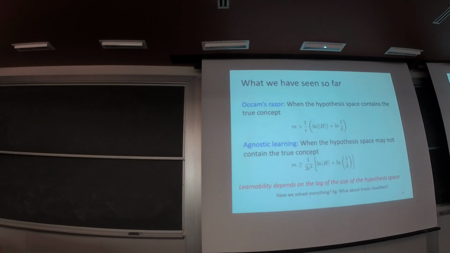Yes, exactly right. So although agnostic learning is more practical, more realistic and more acceptable, to get a reasonable sample complexity bound, we have to assume that the hypothesis space is always finite. I mentioned the problem before. In many cases, the learning algorithm may use an infinite hypothesis space.